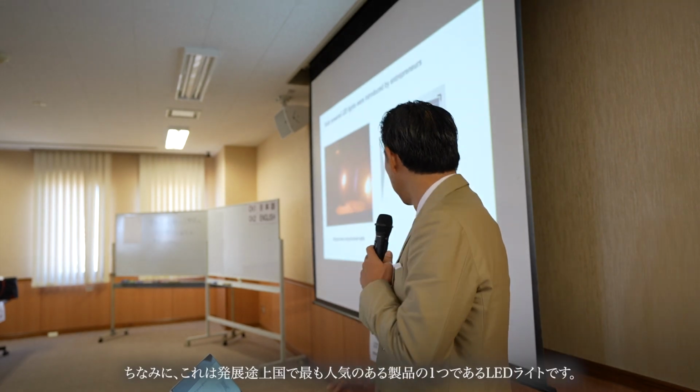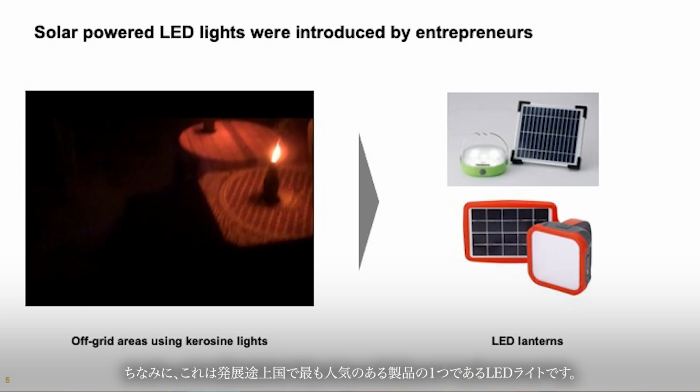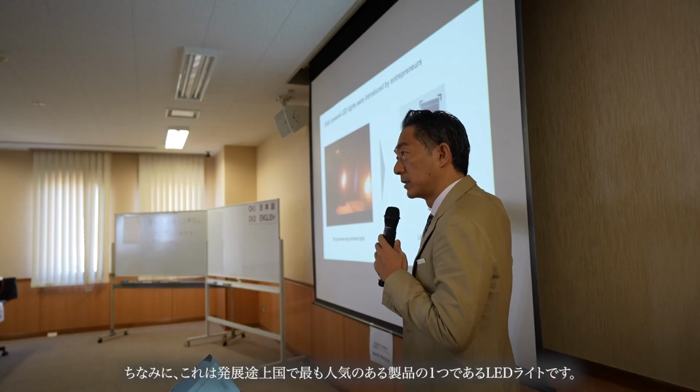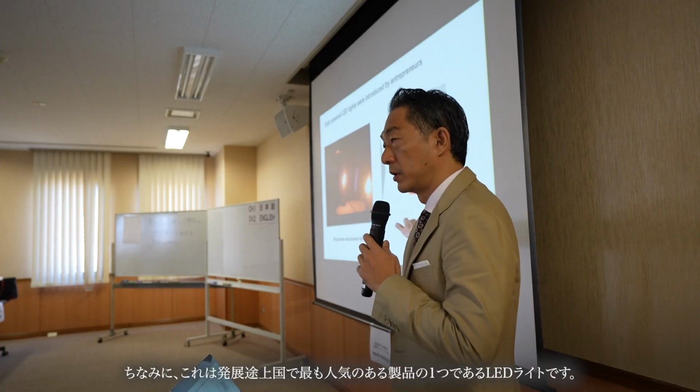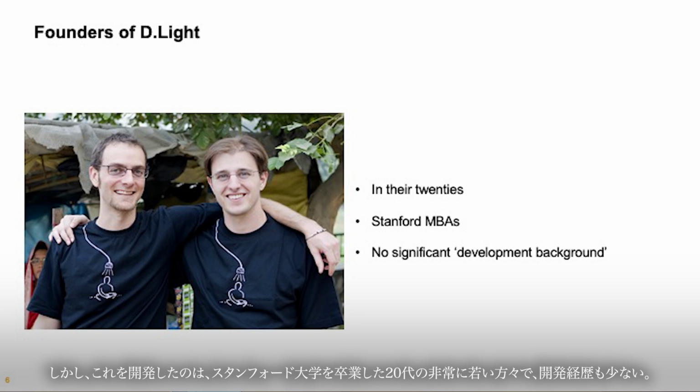And by the way, this is one of the most popular products, LED light for developing countries. But this was developed by very young guys in their 20s, Stanford graduates,